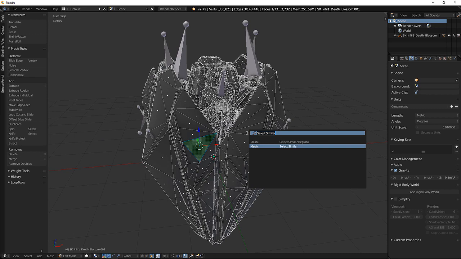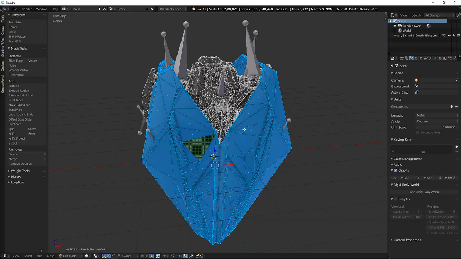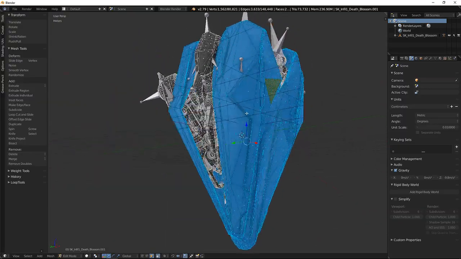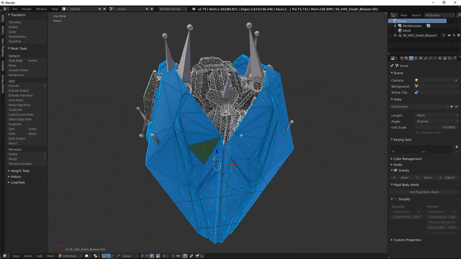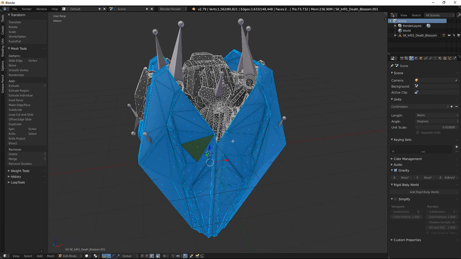But this works. So press space to bring up the window. Just start typing similar and select similar. You have some choices, but material, like I said, it's just a happy accident that these things have their own material ID. So do that, and